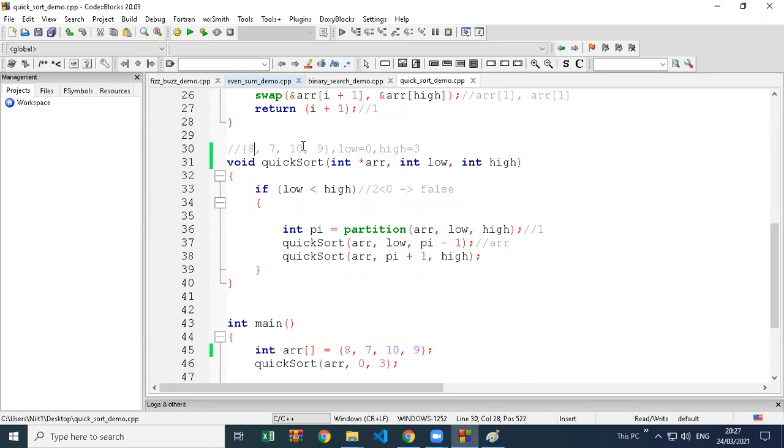So low is the first index, high is the last. Now, is low less than high? Yes, it is true. Because it is true, now we'll call the partition function with the same array, same low and high values. So copy everything from here.